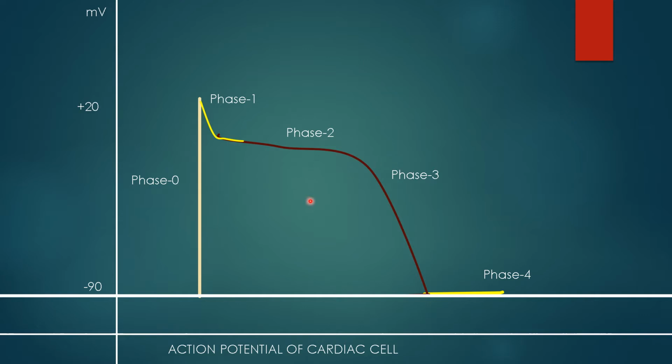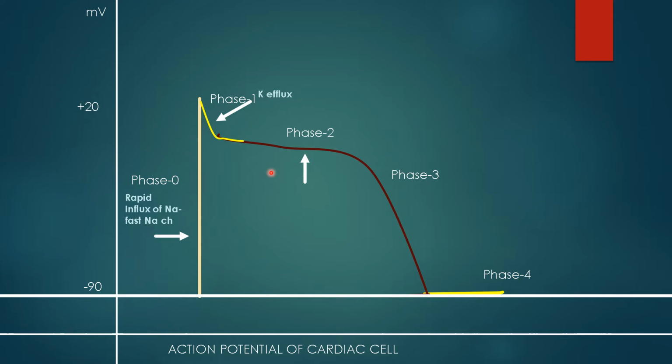So when we plot the graph, this is the graph that we will get. We will see that the action potential has 5 phases from phase 0 to phase 4. Now let's see what is happening at each phase. We should remember that the resting membrane potential of the cardiac cell is -90. So as soon as the impulse is generated, the action potential rises to +20, and that is because of rapid influx of sodium ions through the fast sodium channel. After it gets to +20, the action potential starts to decrease, and this is because of potassium efflux, that is, potassium ions are going out.